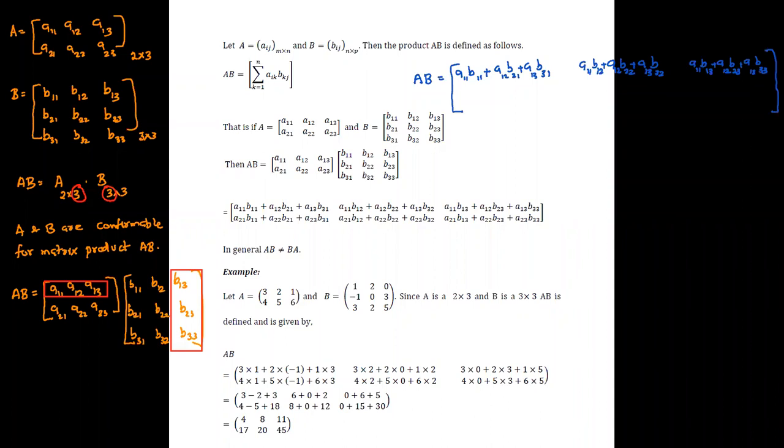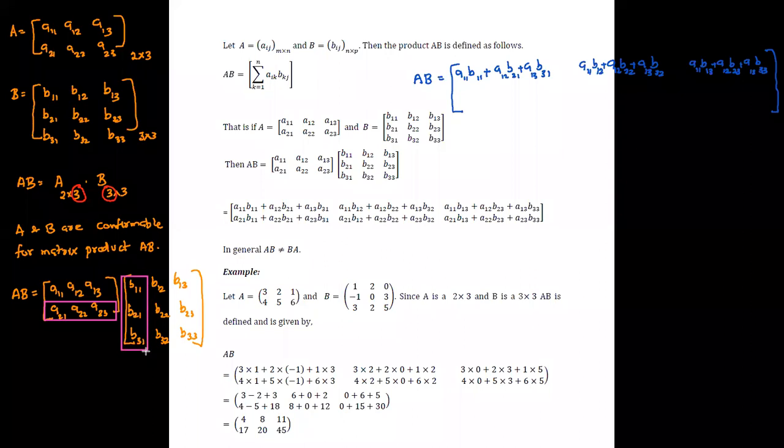Since we have finished the first row multiplication with all three columns, we can move on from the first row as well. Therefore, here we will move to the second row of the first matrix. Same as previously, you have to multiply the second row with the first column. Then this multiplication gives us the values. Here we have to write it in the second row, first column, because you are multiplying the second row with the first column.